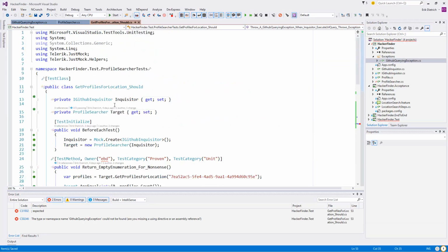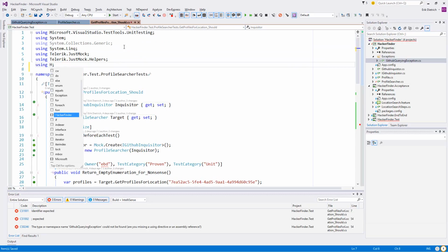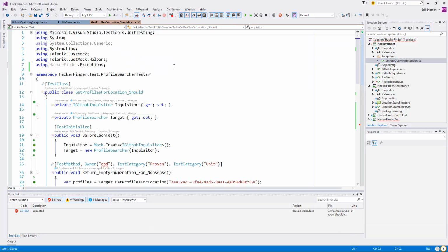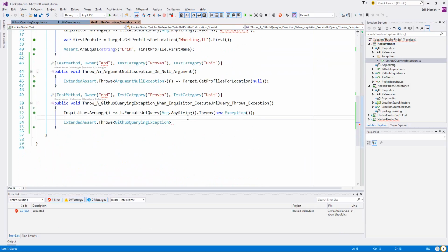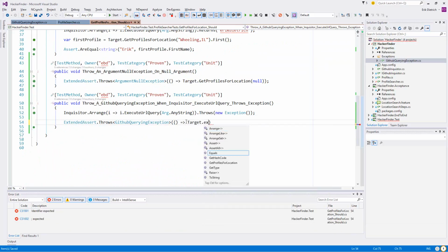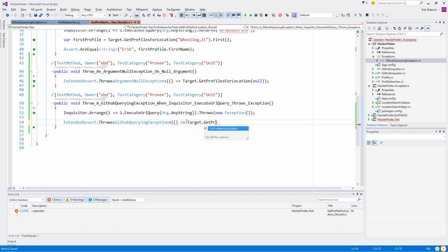Now, if we go back here, our failing test should now not be failing due to non-compiling. And we're going to say target.execute and get profiles for location.